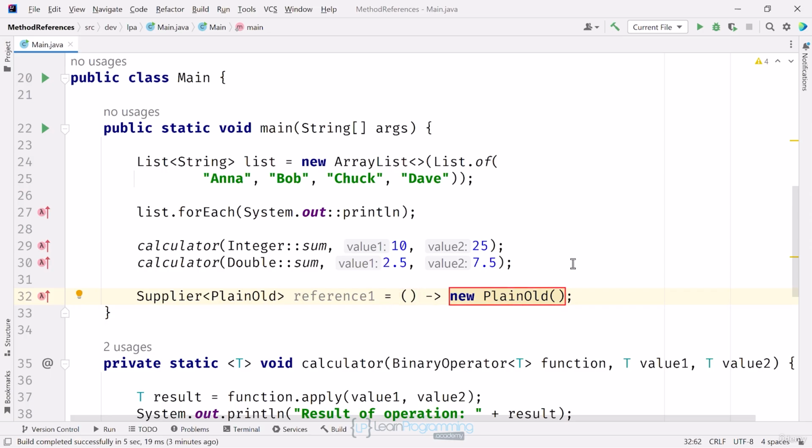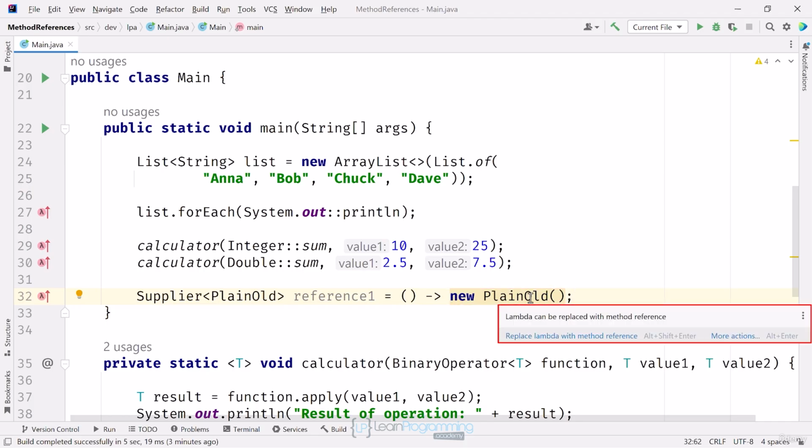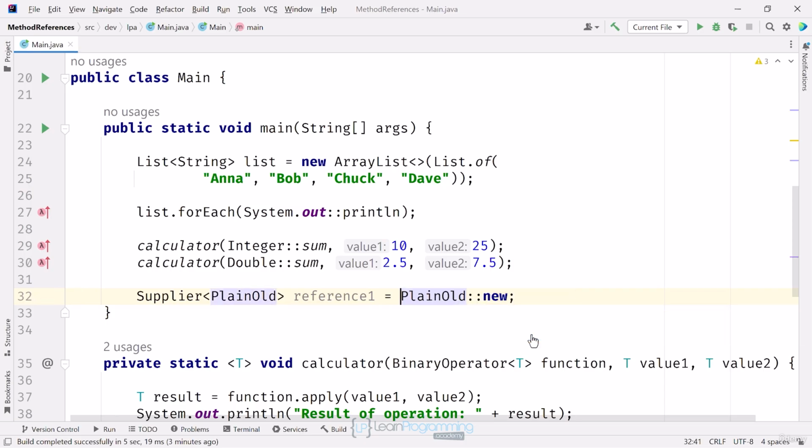With the expression itself to the right of the arrow, this just calls new with the class name and empty parentheses. We know this calls the empty constructor and returns a new instance of the plain old object. Yet again, IntelliJ is indicating that I can improve the code, mentioning it can be replaced with a method reference, so I'll do that. This method reference is a special type, a constructor method reference. If I run this code like this, which I'll do now,